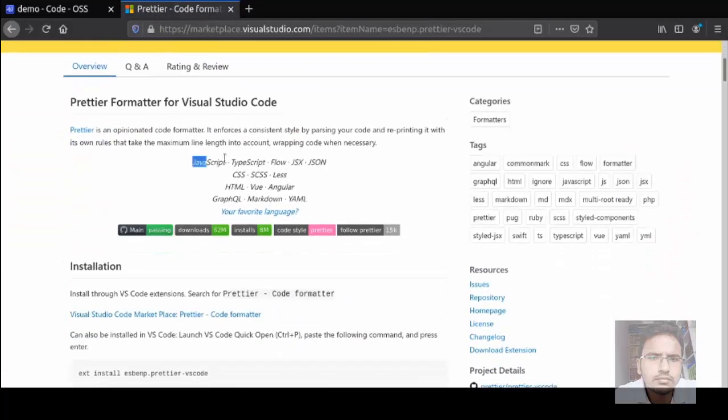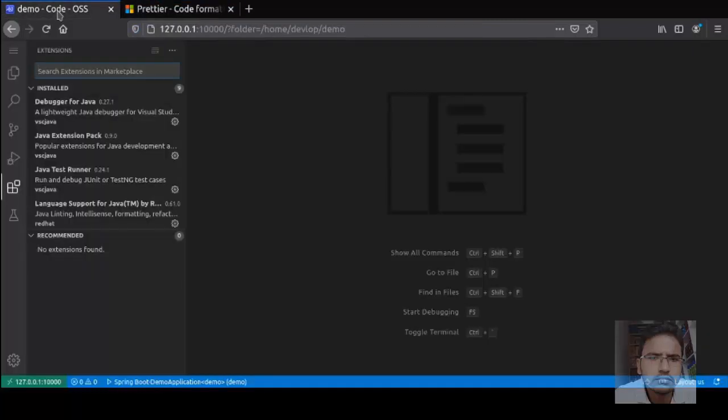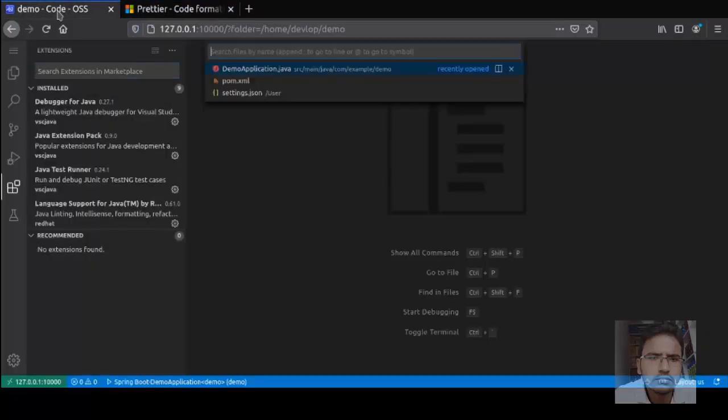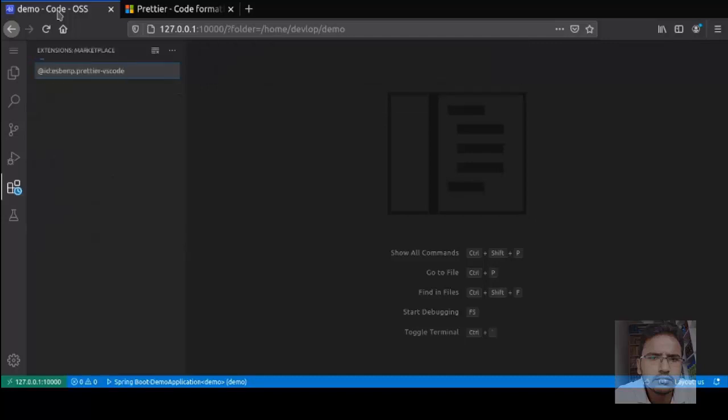I will share all the extension links in the description. Prettier code formatter is used for Java, JavaScript, HTML, CSS to format the code. Best code formatter for front end work.